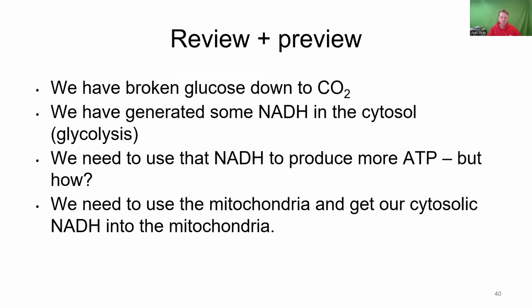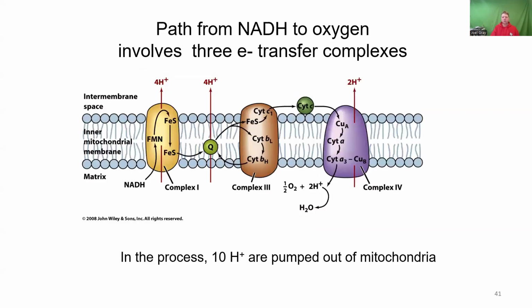Now, what we need to do is break it all the way down to CO2, and that's what the Krebs cycle helps us with. Now, where this NADH is going to go is into this right here. This is known as the electron transport chain. The electron transport chain is just that. It's a system that transports electrons. When you take electrons from one thing to another thing, the thing that releases those electrons gets oxidized. The thing that gains electrons gets reduced. There's lots of energy transfer there.